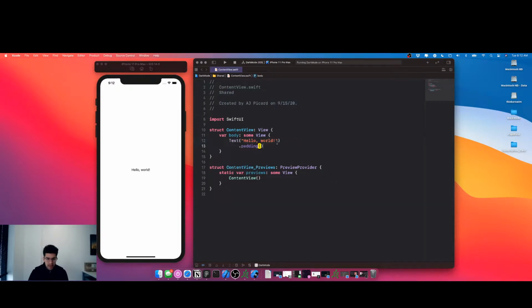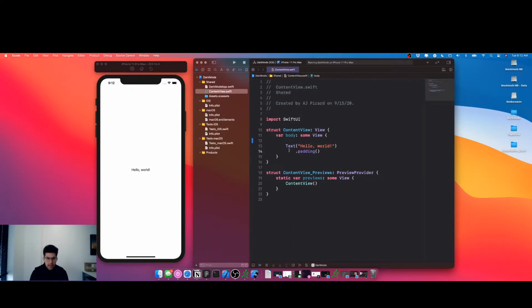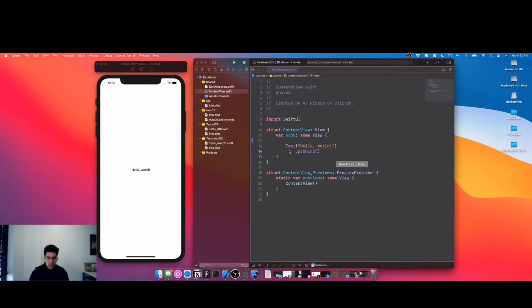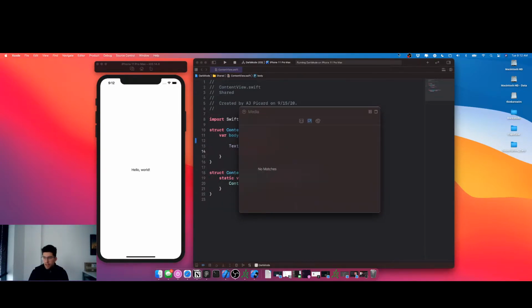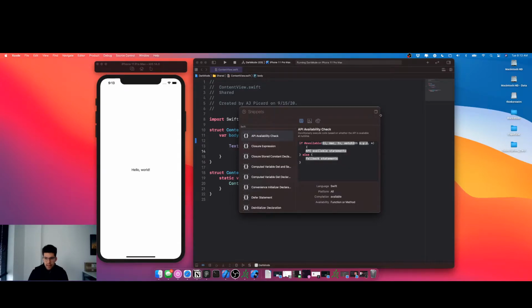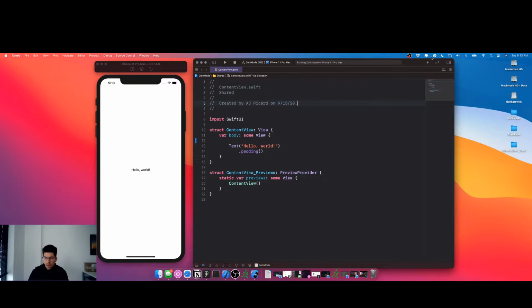One thing that I didn't like that Xcode 12 did in the last update is there's no options. I can't embed into a VStack anymore. Did they get rid of this plus sign? I don't know if it's a bug with me, but there's nothing. I can't search VStacks or anything like that. So anyway, you have to do a lot of it manually lately, and I don't like that. So I'm going to copy this,